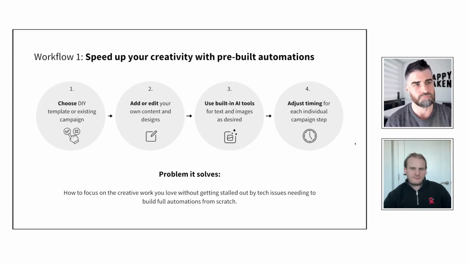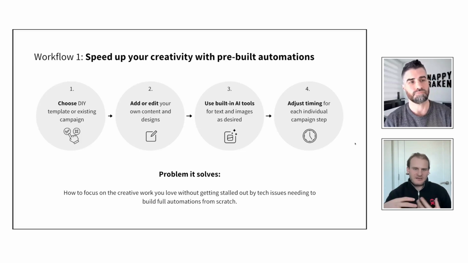So what you're able to do, you have a creative idea in your mind of a campaign you want to launch, whether it's through email, social posts, text message, landing page, video. You can either take a template that we have as a foundation, or you can take an existing campaign and duplicate it and make edits. Then you can go in and make changes and customize things, and you can use AI to do that to work a lot more efficiently, or you can make your own manual changes.